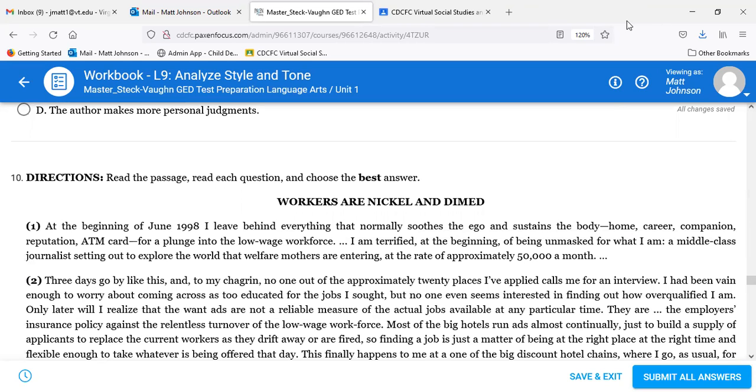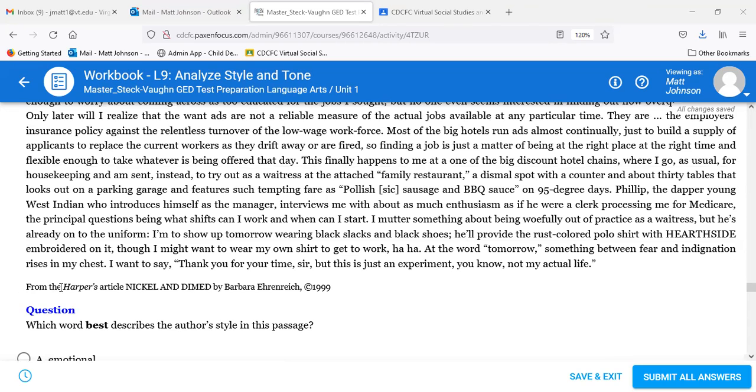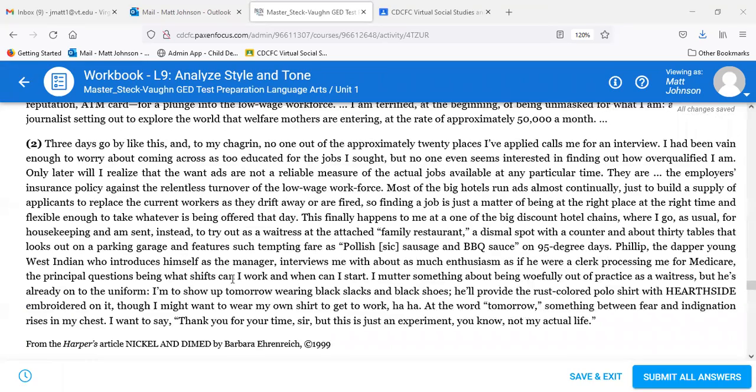10, new passage. I'll look down here. So this is from Harper's. It's an article called Nickel and Dimed by Barbara Ehrenreich. That name's familiar. Was that the one who did the Spreading Out yesterday? Maybe. Anyway, so to get into it here,